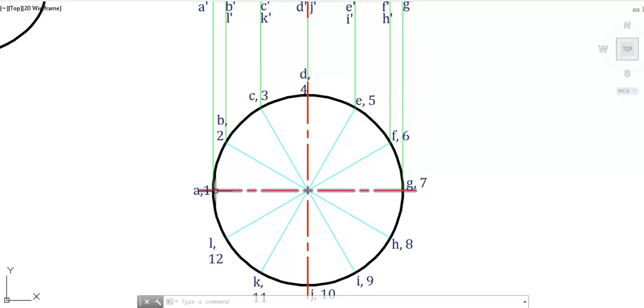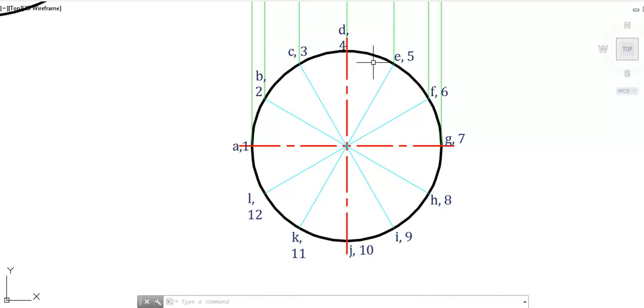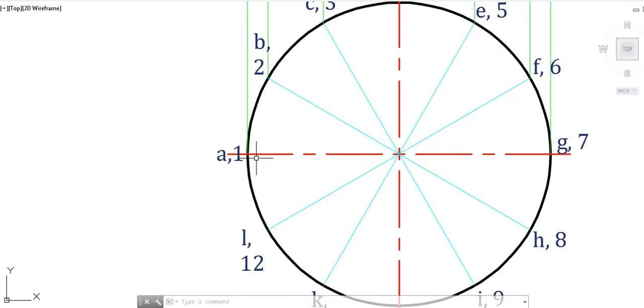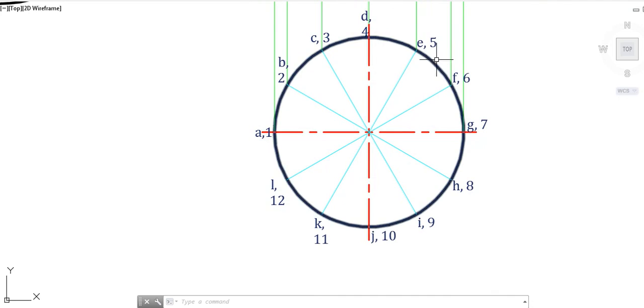Let us assume that the point of the helix starts from point 1 and rotates in the clockwise sense. It will pass one by one through points 2, 3, 4 and so on, or from A it will go on generator 2B, then generator 3C, D4, E5 and so on to complete at generator A1.